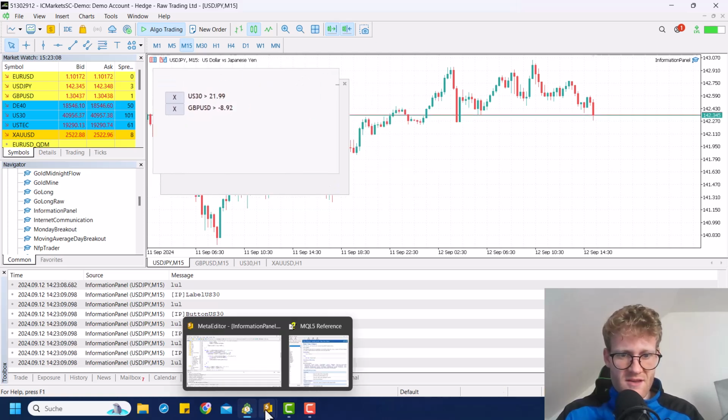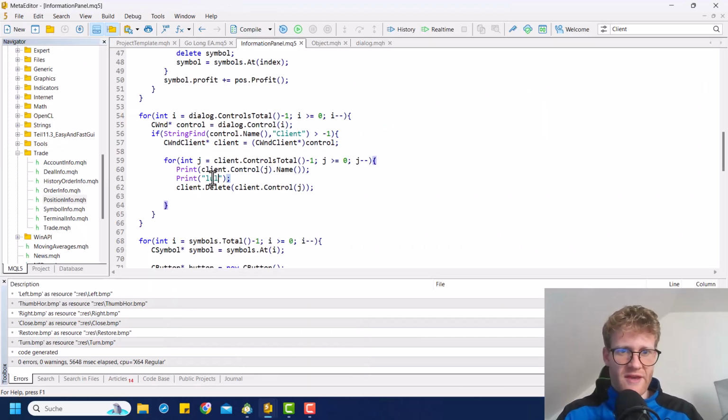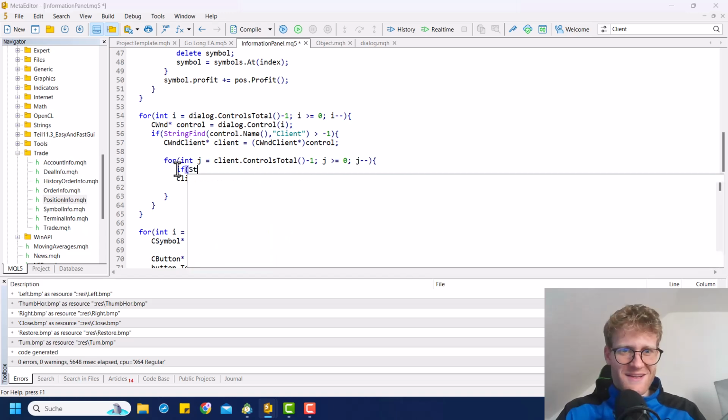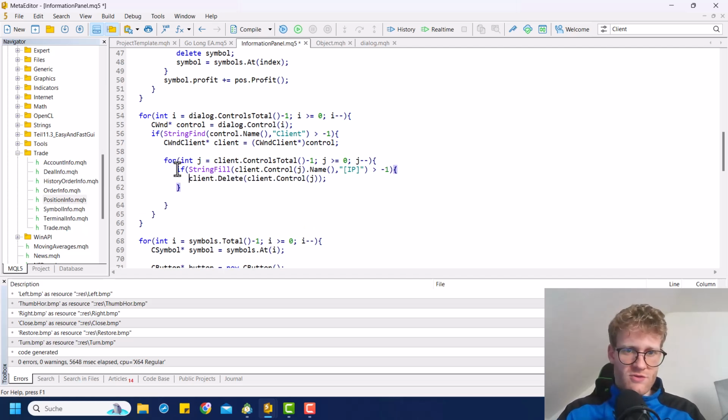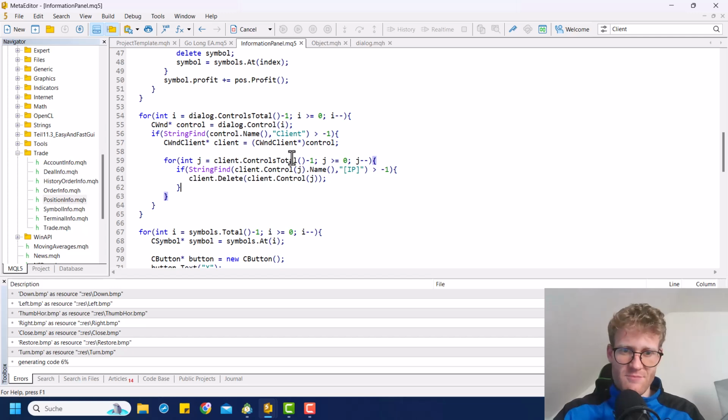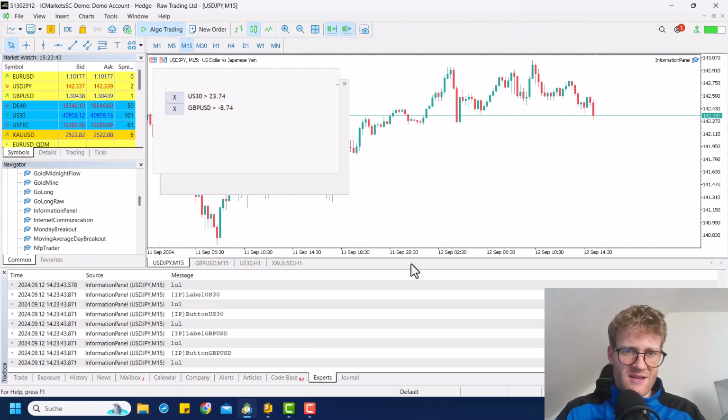okay, should make sure. Yeah, we still have to check for this IP, otherwise we delete everything. So if string find client control j name contains the words IP greater than -1, then we want to delete. Otherwise, we don't want to delete. Okay, I know, super confusing, and I probably lost like 90% of everyone watching this, but yeah, that's